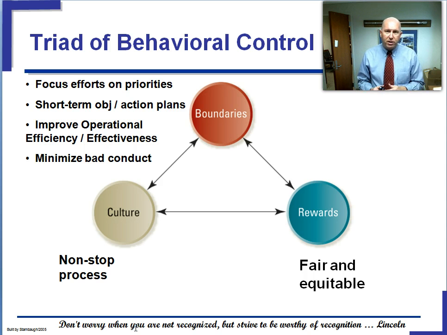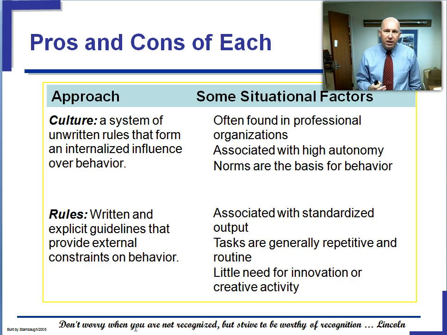The third major school of thought is the idea of rewards, that you get the behavior you want by designing an appropriate reward system that naturally motivates people to do what you want them to do. And the watchword out of the book is that rewards should be fair and equitable, which is to say they should be transparent, they should be understood, and in the perfect world, people would say that's basically the right way to do it. It's easy to dump on the idea of rules. You would like to feel like you can migrate from rules more to a strong culture. And you see some of the benefits.